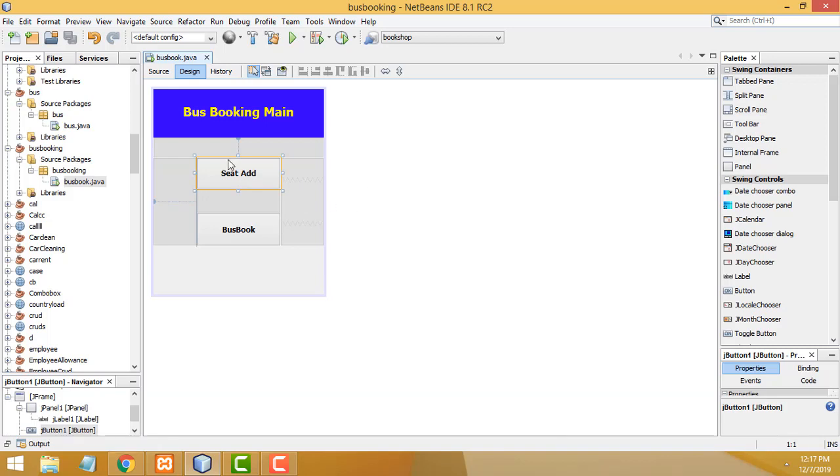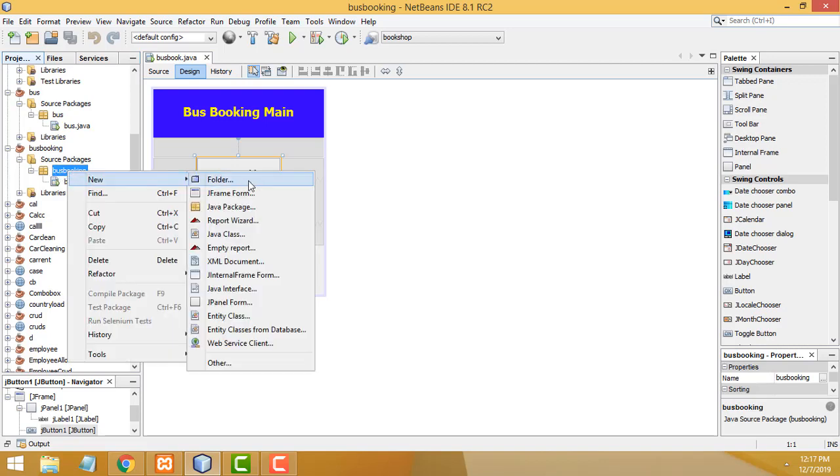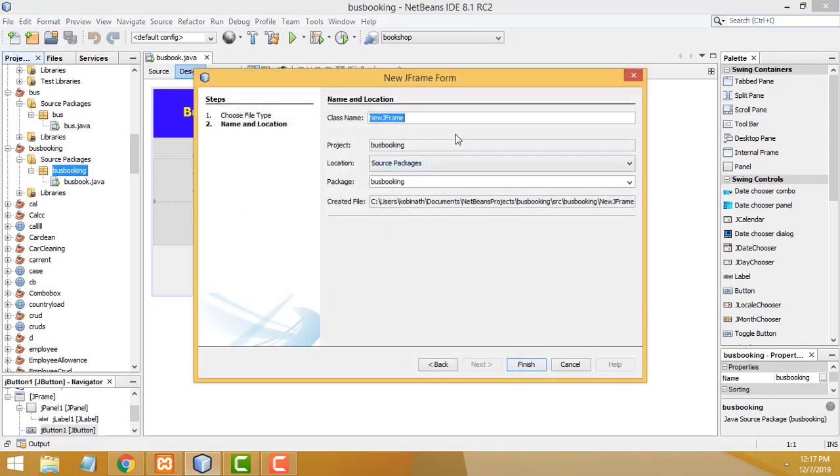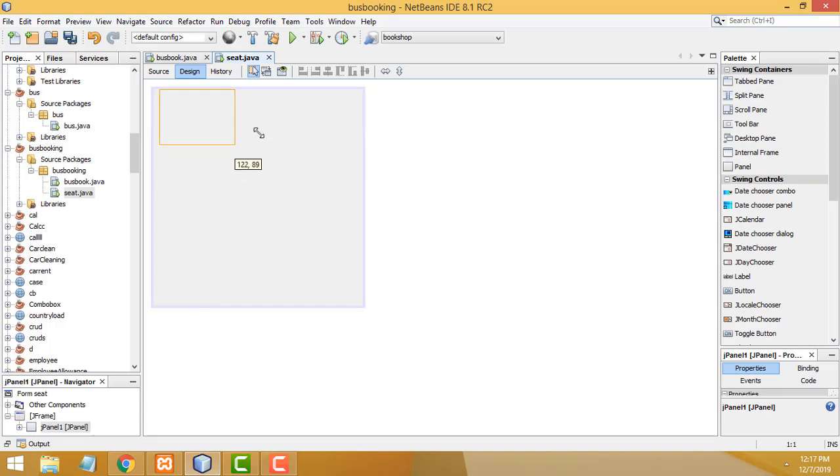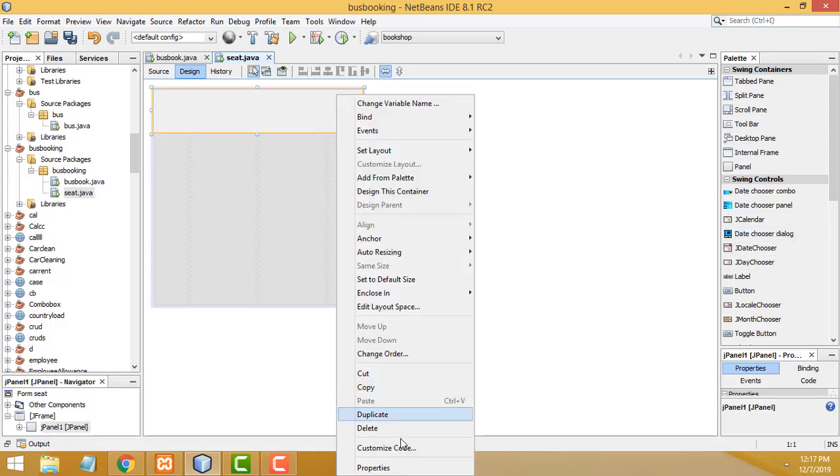So what I am going to do is here, this is your project, select the package, bus booking, select this one, right click, new, JFrame form, this one should be the sheet. I am going to give the class name as sheet, finish, right. After that I am going to go to the palette, drag one panel, I am going to add the layer, this one, ID. So this heading should be, I am going to add as, right, select, right click,